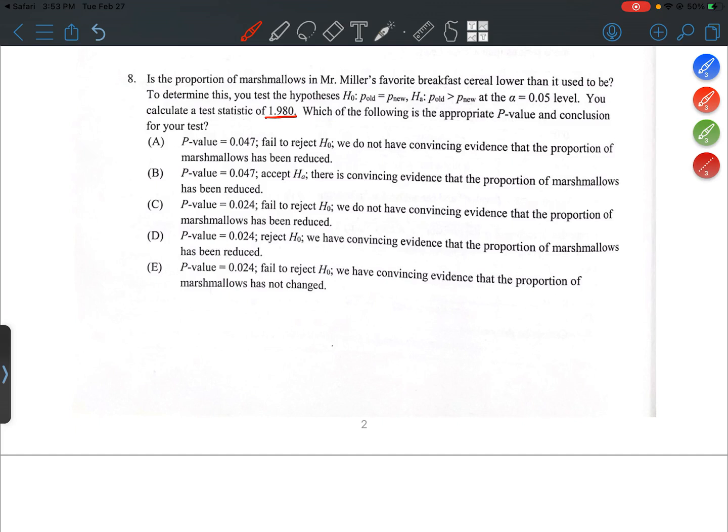Okay, so we already have the test statistic, which, remember, is a z-score. To get the p-value, we're going to draw a standardized normal distribution, mean 0, SD 1. Use the test statistic as our boundary value, so 1.980, we'll just say 1.98 right there. And then shade the tail that matches the direction of the alternative hypothesis. The alternative hypothesis has a greater than sign, so we're going to use the right tail